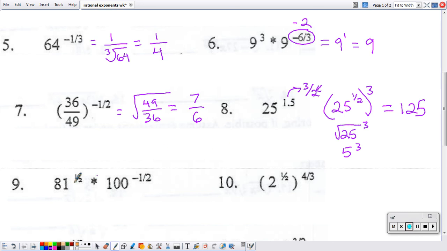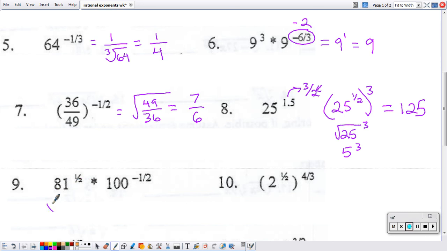Now, number 9 is kind of like number 6. We have multiplication. The difference here is we do not have like bases. Because we do not have like bases, we are not going to add the exponents. Number 6, we could add the exponents because we had like bases. Here we are going to